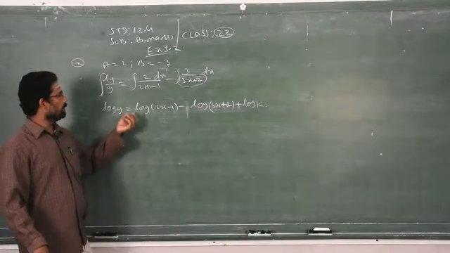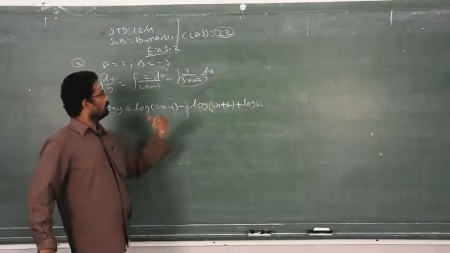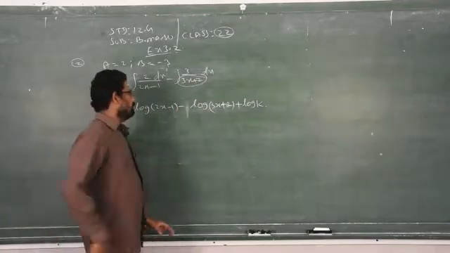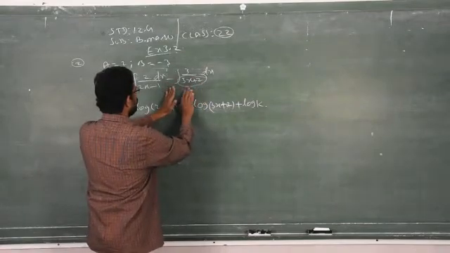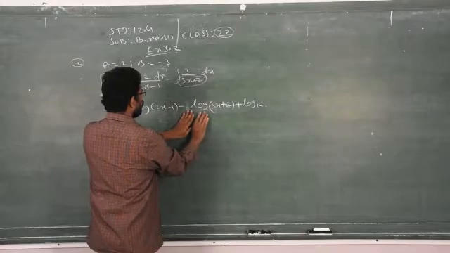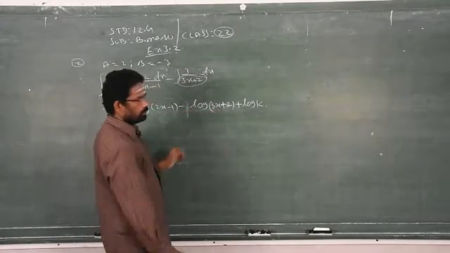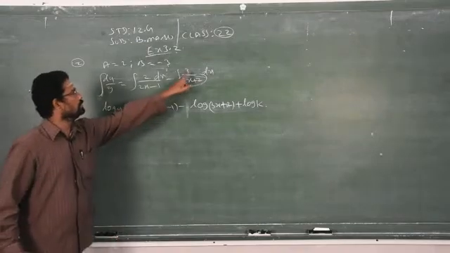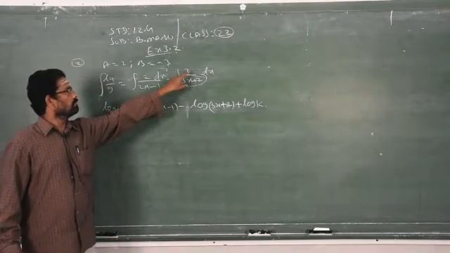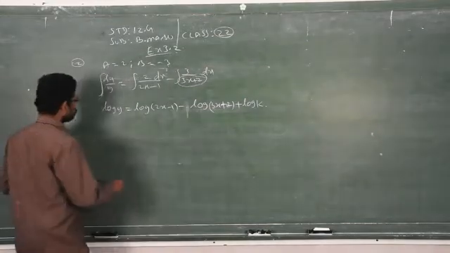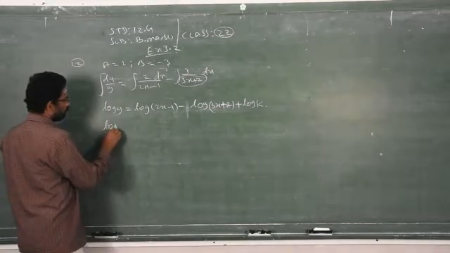Most of you are making a mistake like this, 3 into log 3x plus 2, 2 into log 2x minus 1. So don't do it like that. So be careful: when the derivative of the denominator is exactly the numerator, you will get log 3x plus 2. Your answer is the logarithm of the denominator. Clear? So don't use the constant that is already in the numerator. That is wrong.